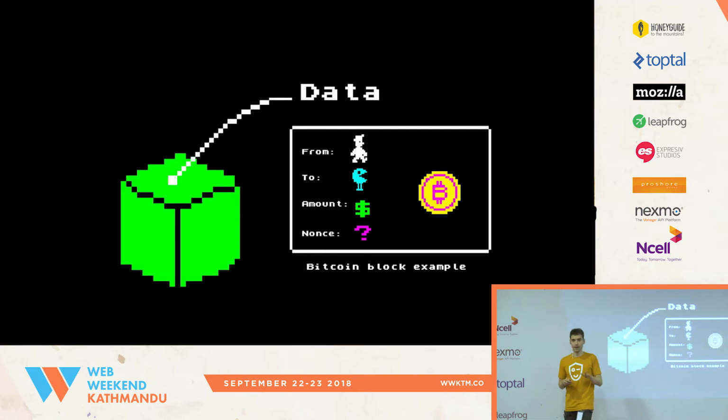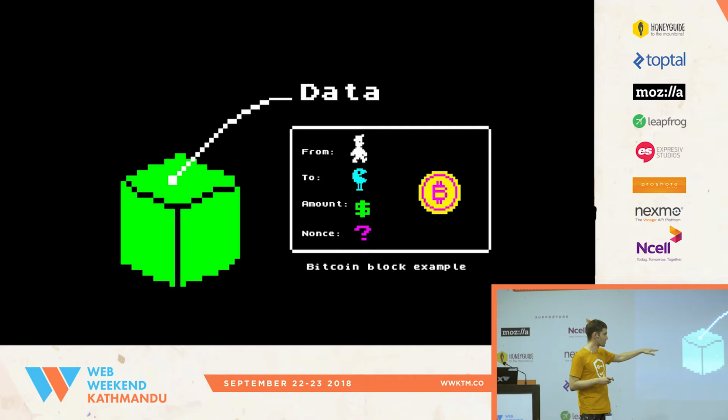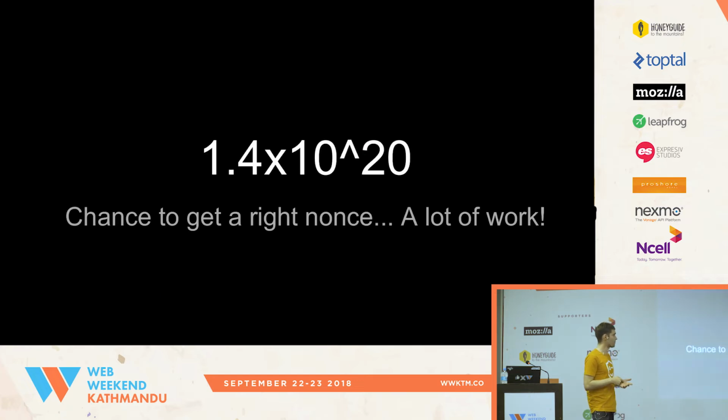So how mining works: you put 0 into the nonce. So you have from, to, amount, and you have a nonce of 0. You make a hash out of this block, and then you look, does the hash have 18 zeros? No. Throw it away, making nonce 1. Having the hash of 1, zeros, 18, no. Throwing it away. Then the complexity of finding the right block is like 10 to the power of 20. Oh, I don't even know how this number is called. A gazillion or... so really, it's really hard to find a right solution.